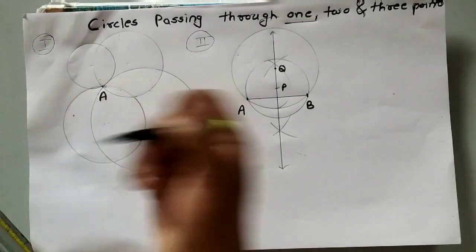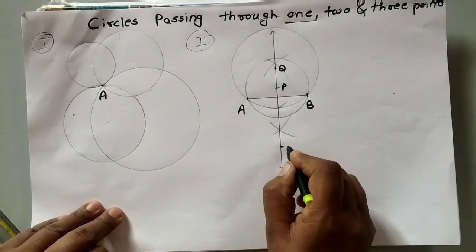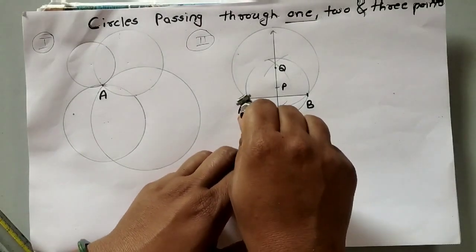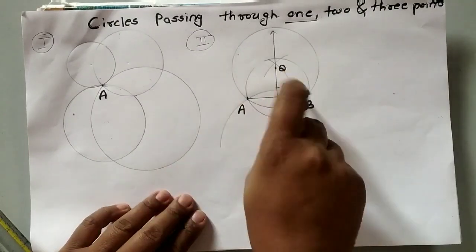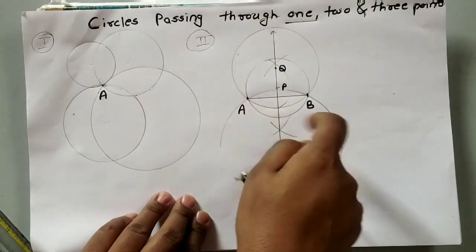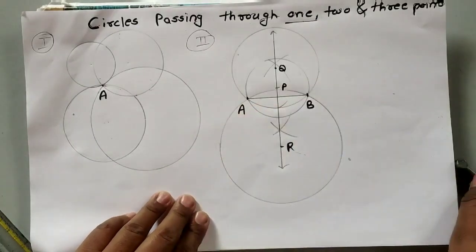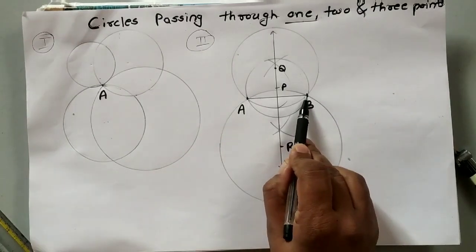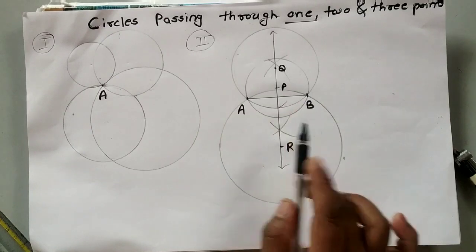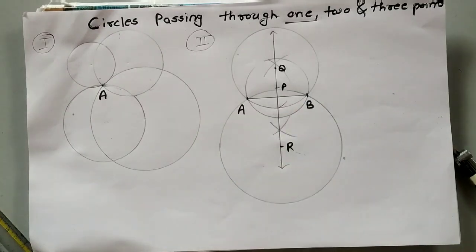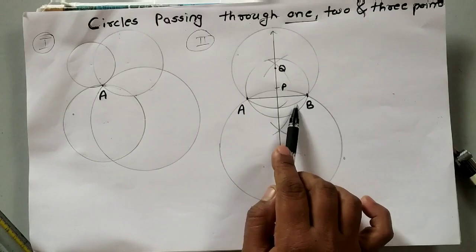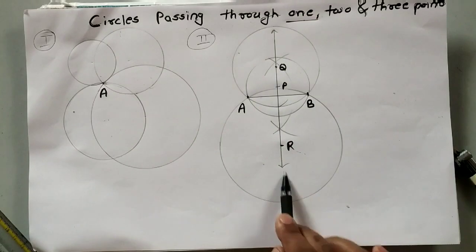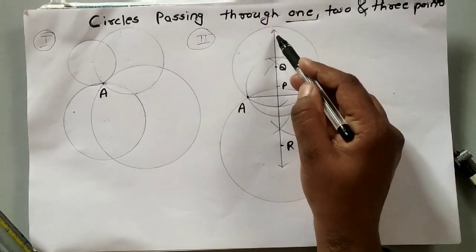If I take one more point here downside, suppose R, you just take the distance RA in your compass, and if you draw the circle, you will observe that this circle is also passing through point A and point B. So how many circles can pass through 2 distinct points? Its answer: because the perpendicular bisector is a line, we can extend it